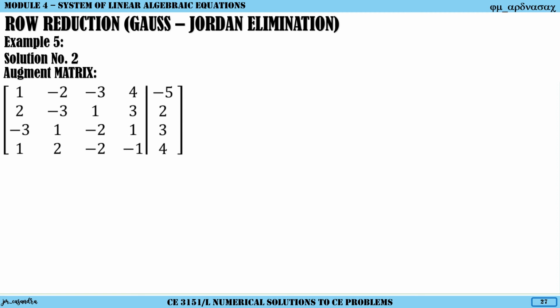Okay, and then since our first element is 1, before we could start reducing, what I will do is to swap, or interchange, row 1 and row 2 and row 4. Okay, so we swap R4 and R2 para yung 1 nandun siya sa taas, sa baba lang ng leading element natin. So in that case, we'll now have our new matrix,